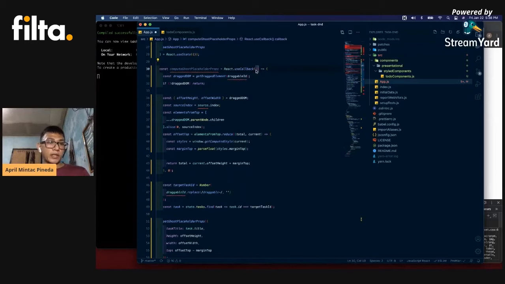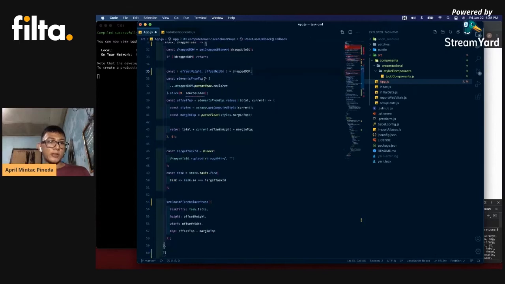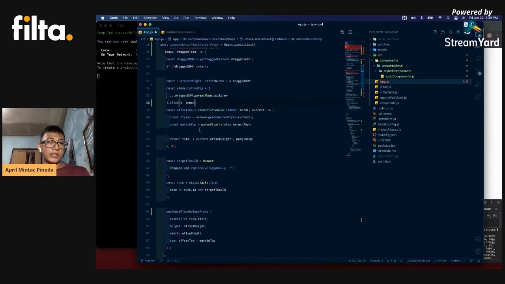So let's accept the index, and let's accept also the readable ID. So where it's being used source index, I'm just going to replace it with index instead.